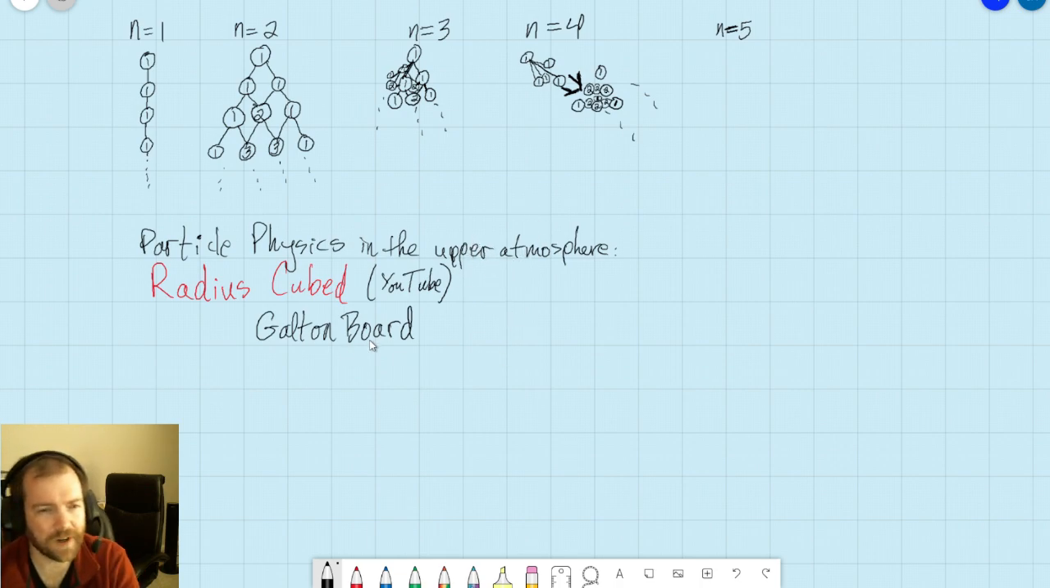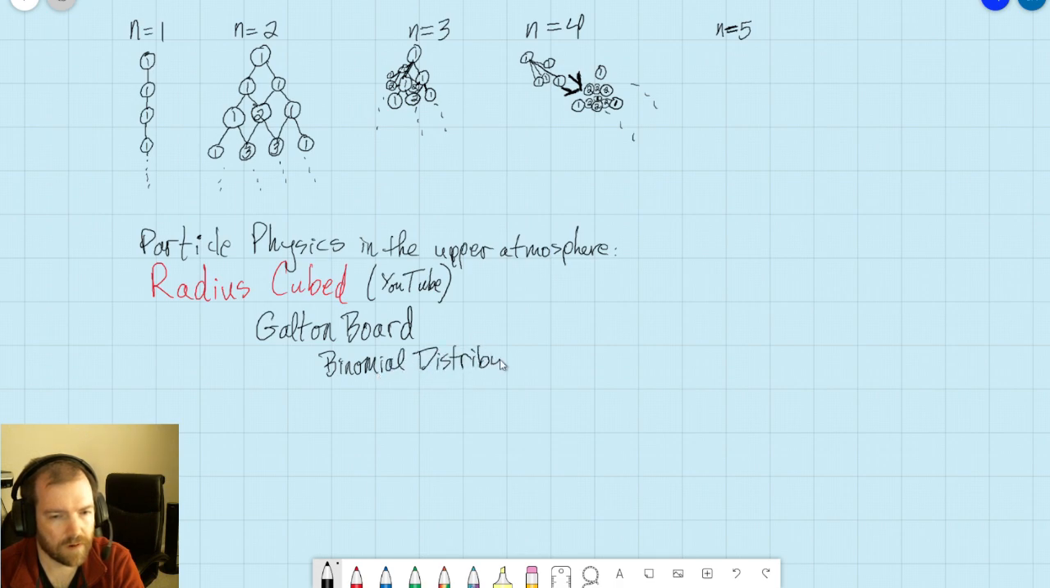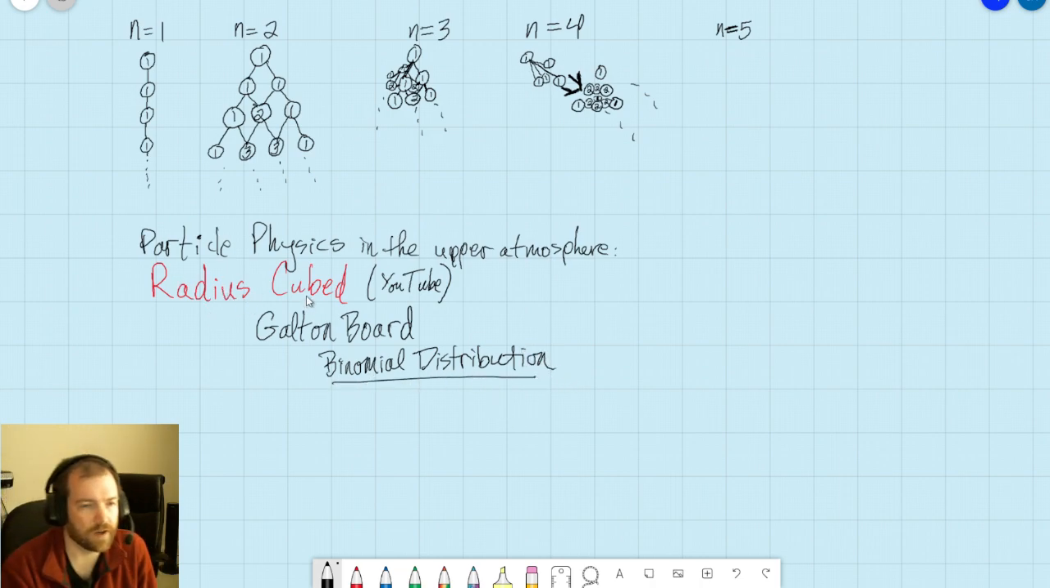But anyway, the Galton board was invented in like the 1800s by this guy Galton, who made this physical object to describe what was happening with this binomial distribution. So this guy on Radius Cubed went and was like, okay, just a thought experiment here. As it turns out,